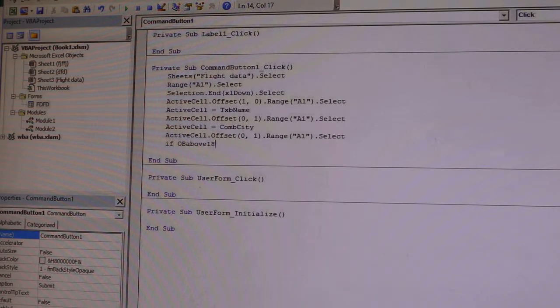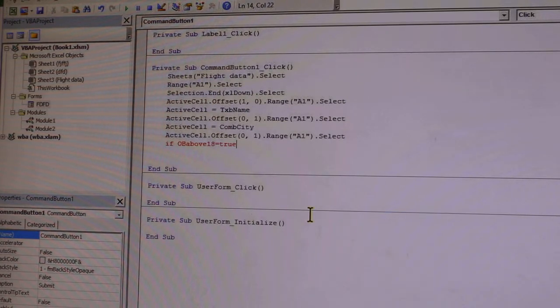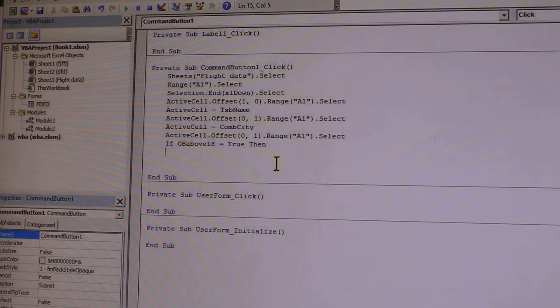If this is the above 18, this is the name of the option button, equals true, meaning the user clicked and made this option his choice, then